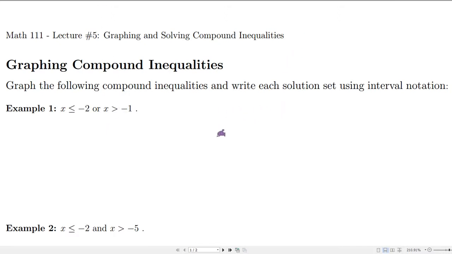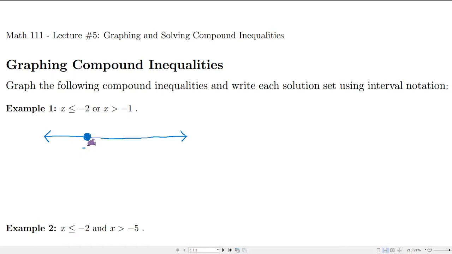So for example, let's say that you had these two inequalities. So x is less than or equal to -2, or x is greater than -1. So let's try to graph both of these. So x being less than or equal to -2, if we start to draw this out on a real line, what will we have? Okay, so x being less than or equal to -2, we will put a solid circle